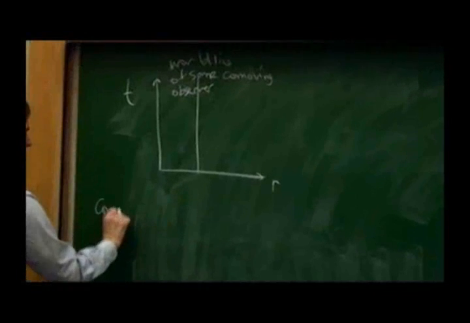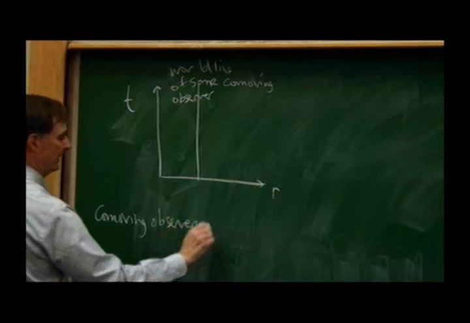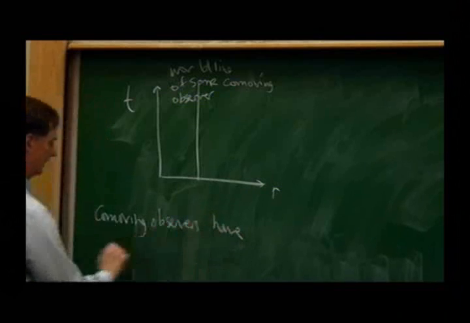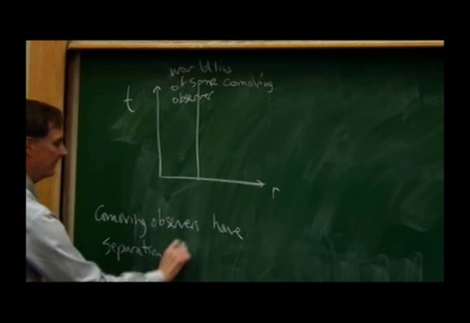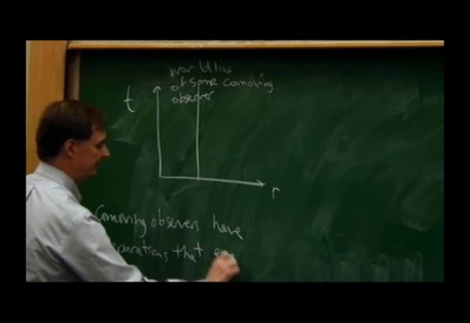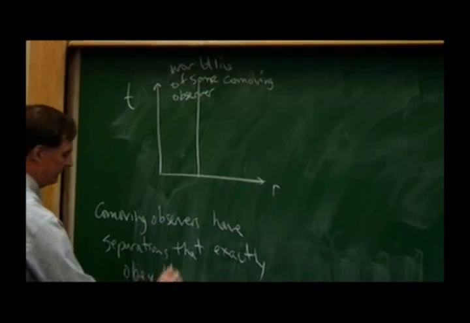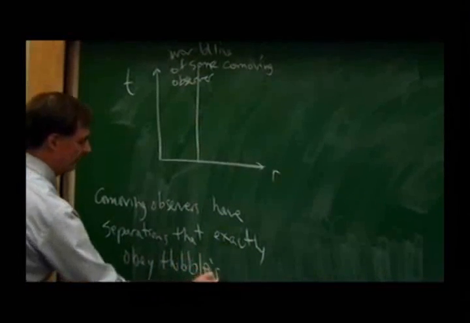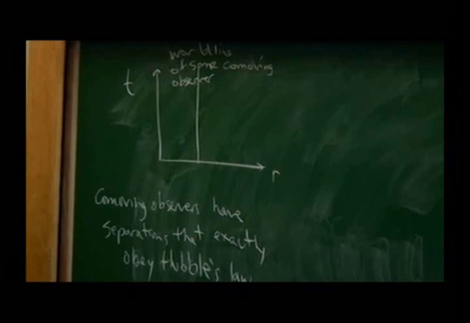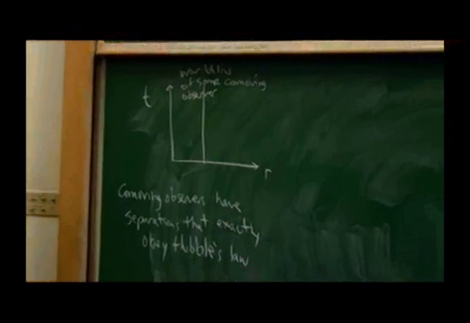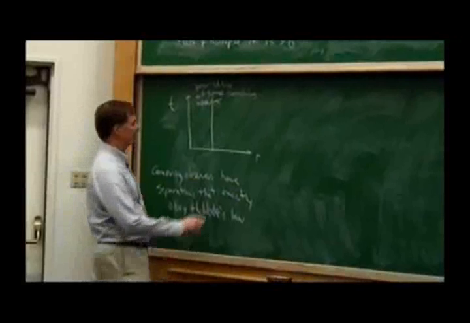So co-moving observers have separations that exactly obey Hubble's law. And they're idealizations, but we can correct by using local Lorentz transformations to boost the frames of co-moving observers